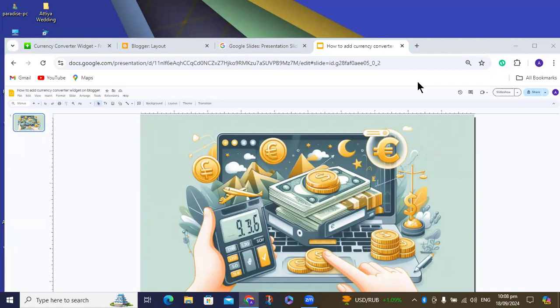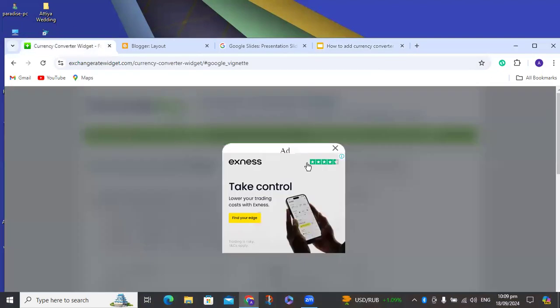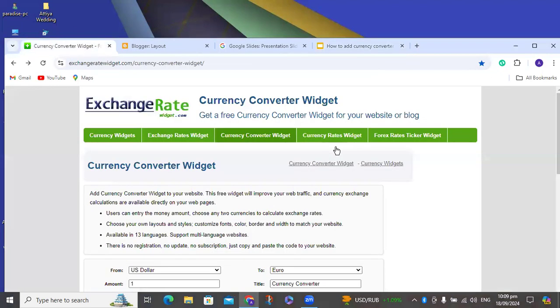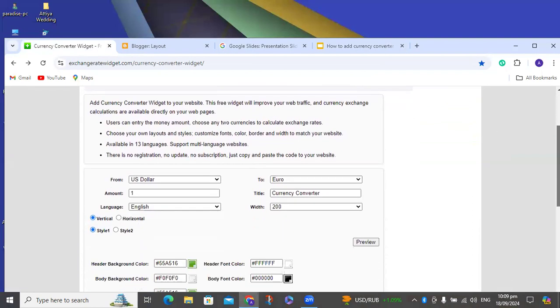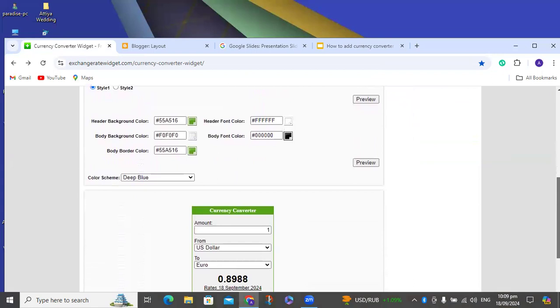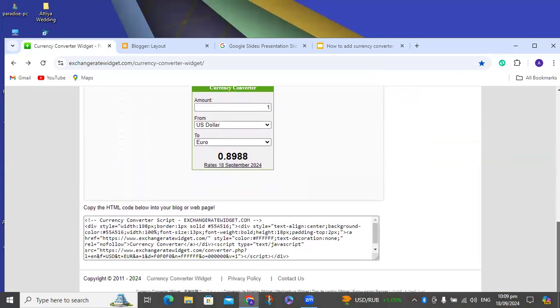Today we will learn how to add a currency converter widget on Blogger. So let's start the video and quickly go to the currency converter widget. So here is the currency converter widget. We will copy the code from here. Here is the code